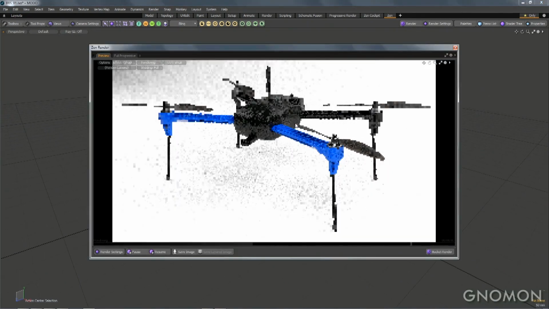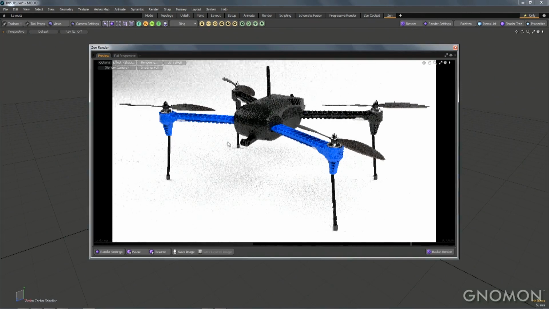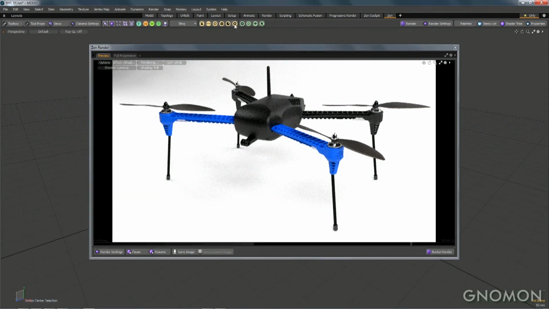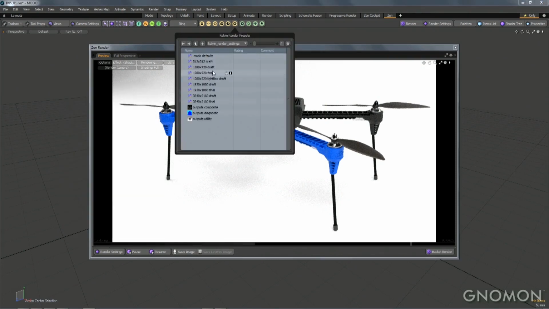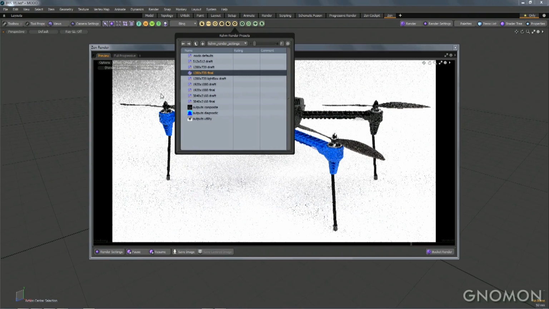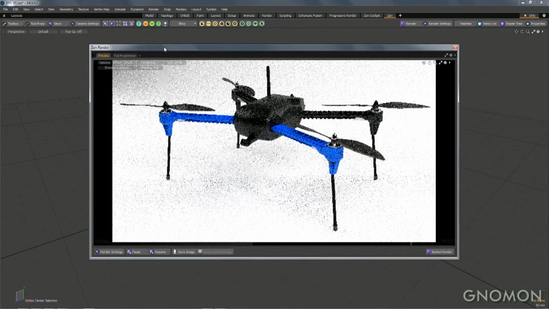So I'm going to open up the render window here. This is the Zen rendering UI. It's really focused around progressive. And we have a render settings panel here that shows only the straight dope. This is the stuff, if you follow Richard Yacht's shading masterclass, these are the things that you need to adjust in order to have a really great image. And we also include render settings presets, so you never have to think about that. I just use the 1280 by 720 final, we're done.